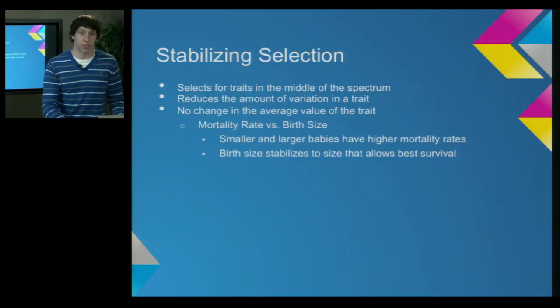The second is stabilizing selection. Stabilizing selection selects for traits that are more toward the middle of the bell curve of traits, and it reduces the amount of variation in the trait. For example,